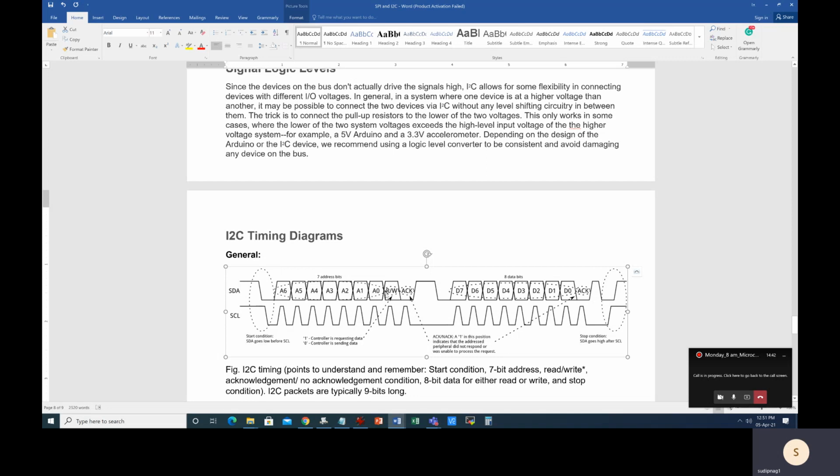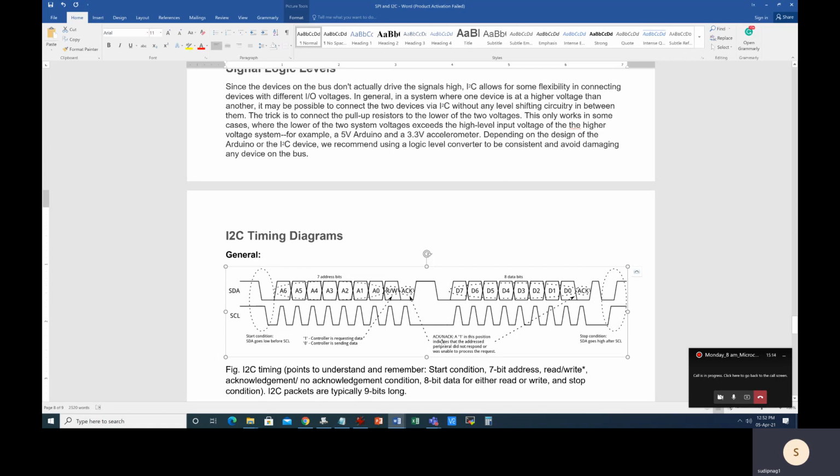Now look at this, there is a 7-bit address followed by the read/write-bar bit. So that means if the microcontroller wants to read data from the peripheral, it will keep 1 in this bit location. Whereas if you keep 0 in this location, that means the controller is going to send data in the subsequent 9-bit frame. Now this 7-bit address and read/write-bar combined together is 8 bits. Now the 9th one is the acknowledgement bit.